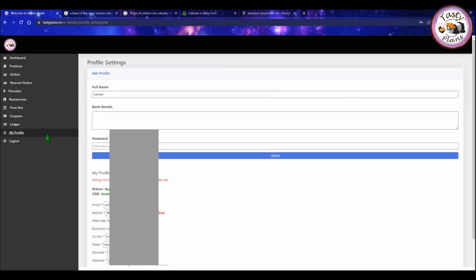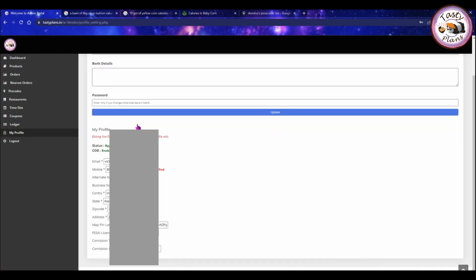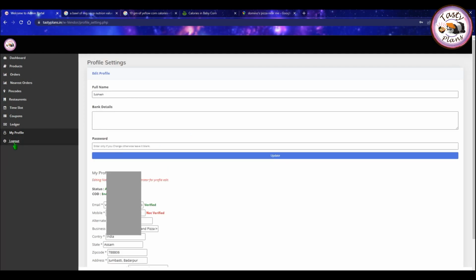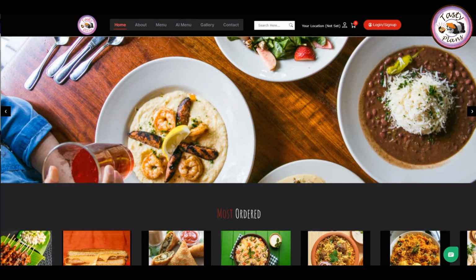So this is my profile section, so you can update your details over here. Yeah, and the last option is log out. So that's it